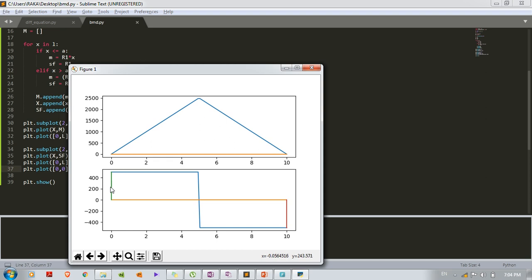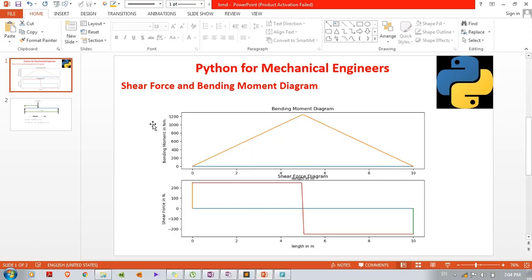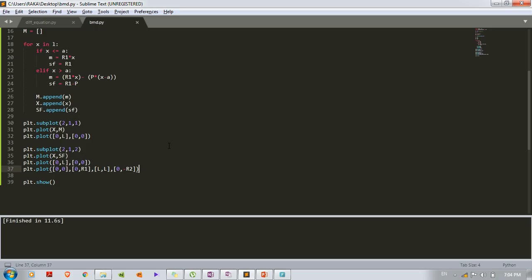We can apply whichever color we want to give to these lines. But first we need to give the titles and x labels to the various axes. So now I will give the title to this plot, plt dot title, this is the command.